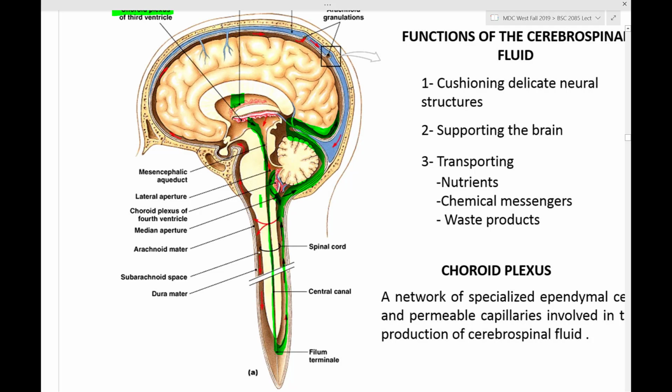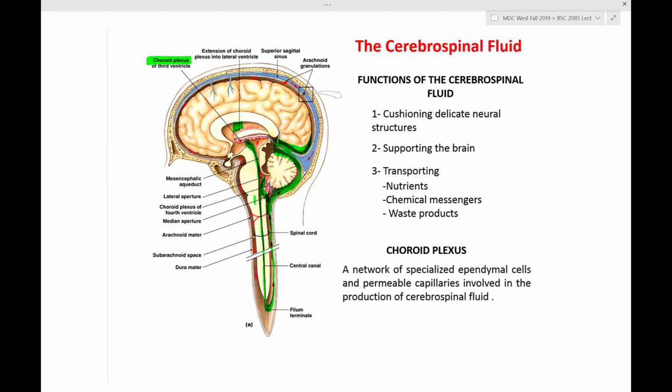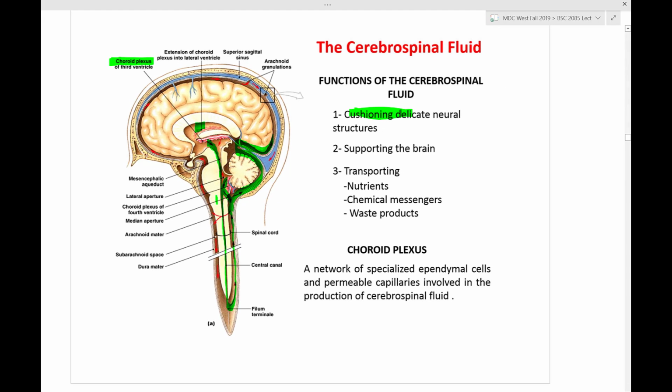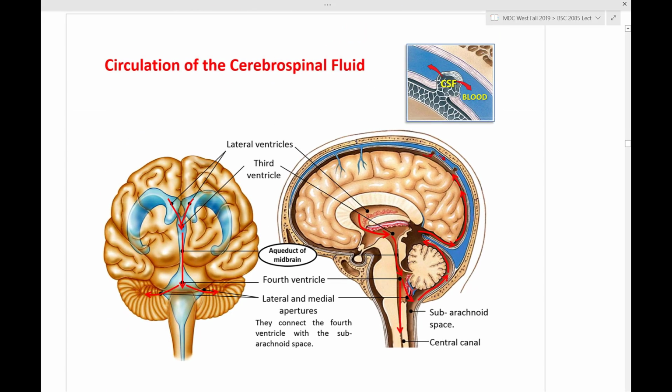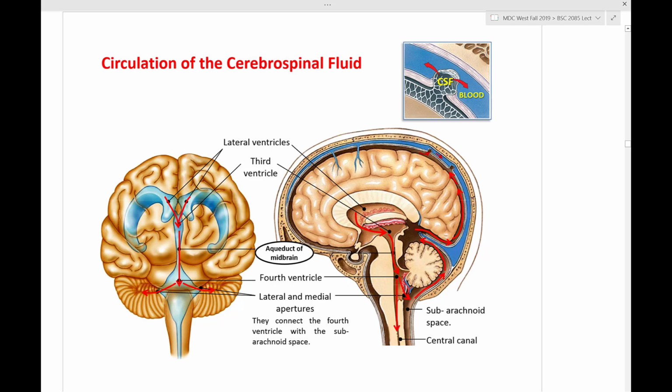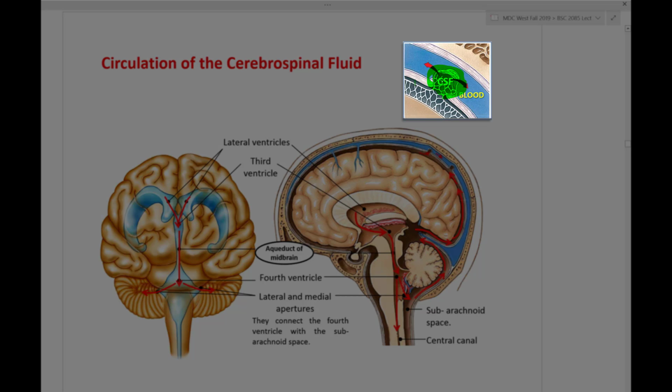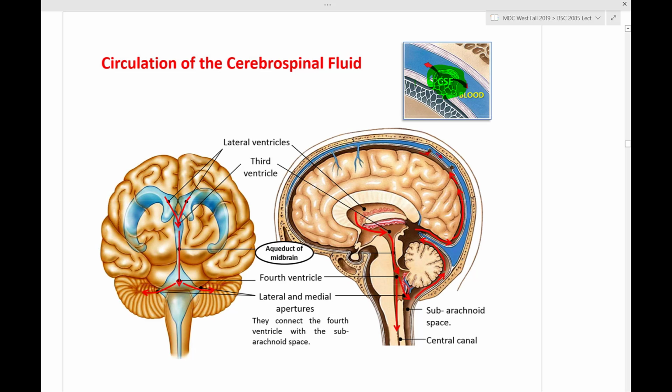Okay? So what is the function of this cerebrospinal fluid? It cushions. It supports the brain because it gives them what? Nutrients, chemical messengers, and even takes out your waste products. Okay? So how do we get that amount of CSF out of your subarachnoid space into your sinuses? That happens around here. What is around here? These are known as arachnoid granulations, like tiny granules. Okay? So the fluid goes into the granules, and the granules have bigger pores, and the fluid can actually dissipate